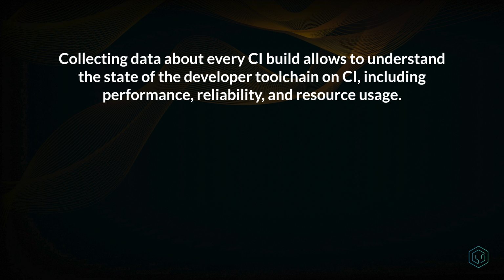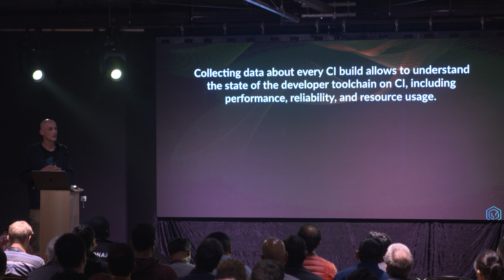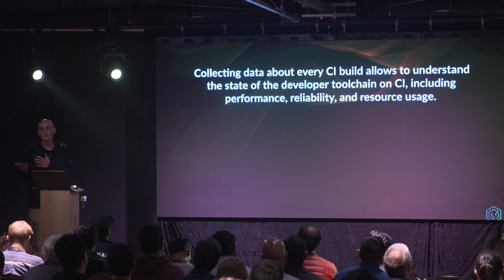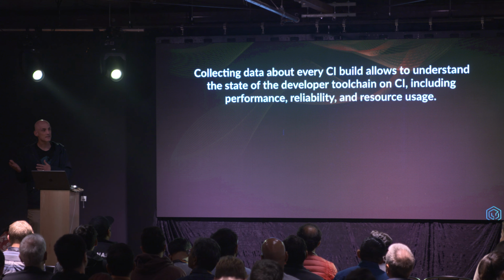So once we collect all the data about the CI builds, we can then start asking questions about performance. Where are things fast? Where could they be faster? So where is the potential? What is running reliably? What is not running reliably? Why could it run reliably? Are we making good use of our resources? Are we wasting resources? And so on. That's the motivation to get the data about all builds run on CI and not just very selectively for certain